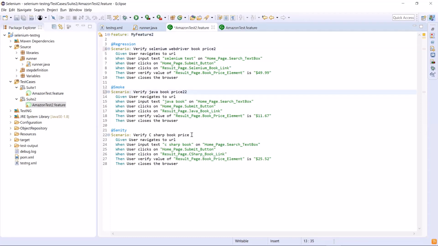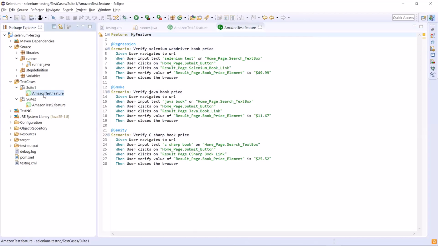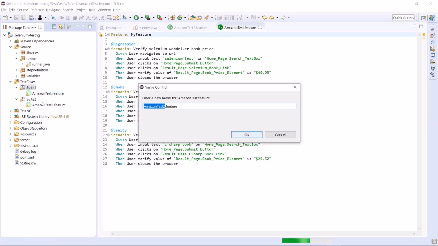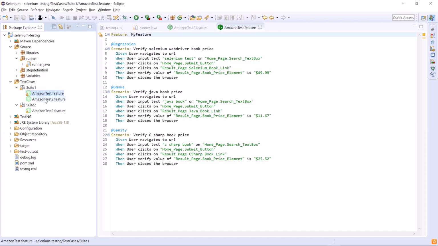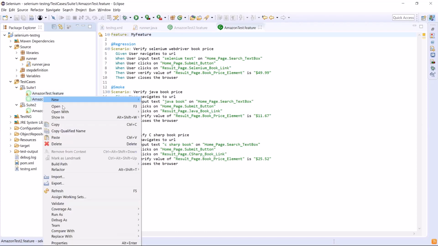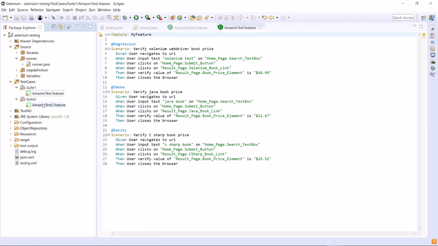You can add other files as well inside a folder, or you can add other folders and group your feature files in those folders based on your requirement. Okay, so for the time being, I have these two feature files available in two different folders.